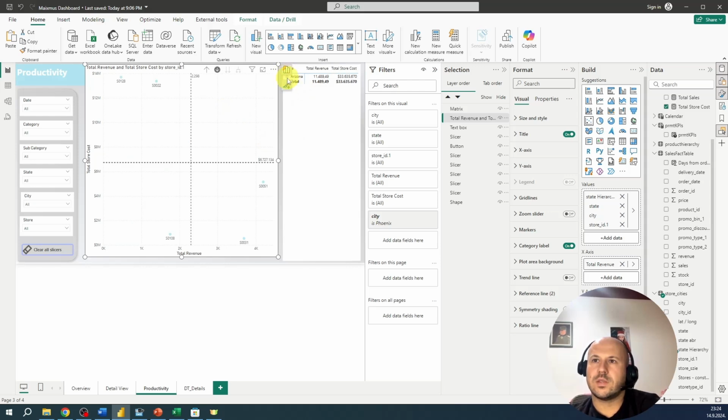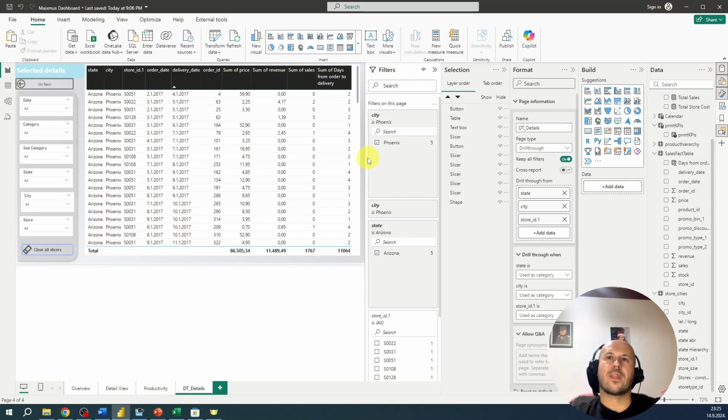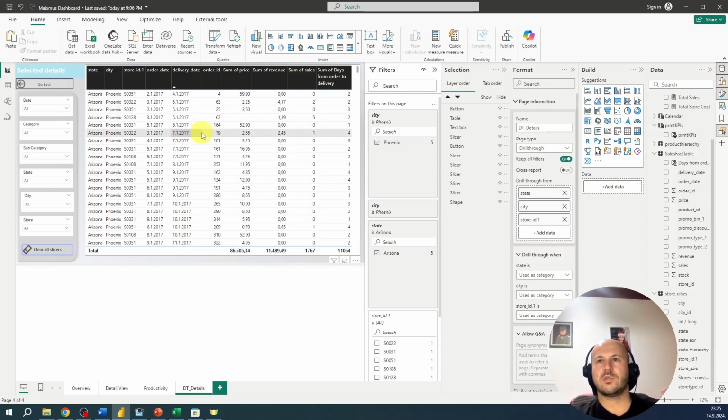So Phoenix is in Arizona, and now let's right click on Phoenix and let's go to drill through, and we will get all orders that we had in Phoenix. And you can filter by store, and you can check details for each order that was made in Phoenix. And let's hide this page,